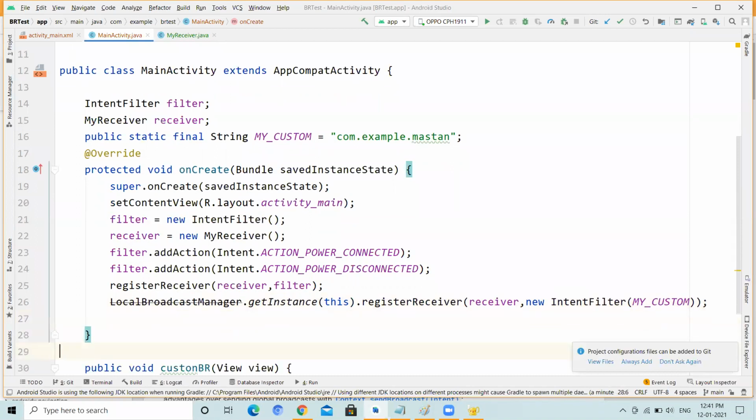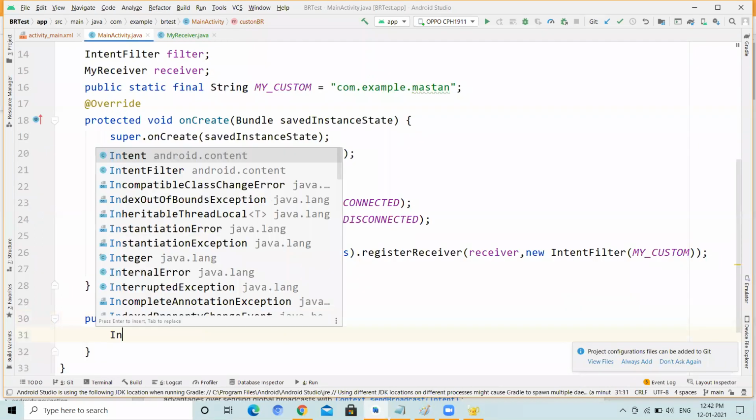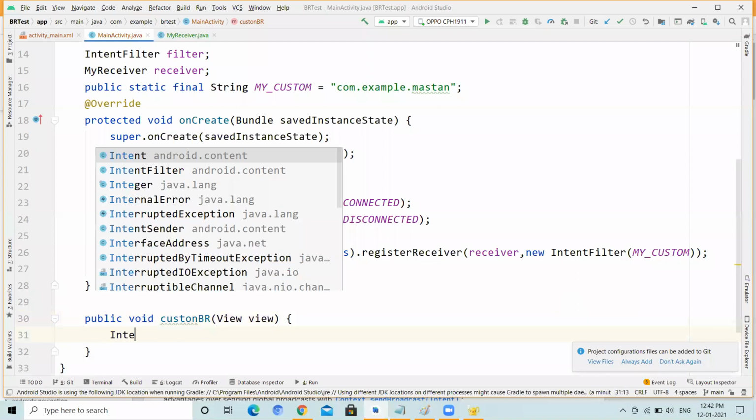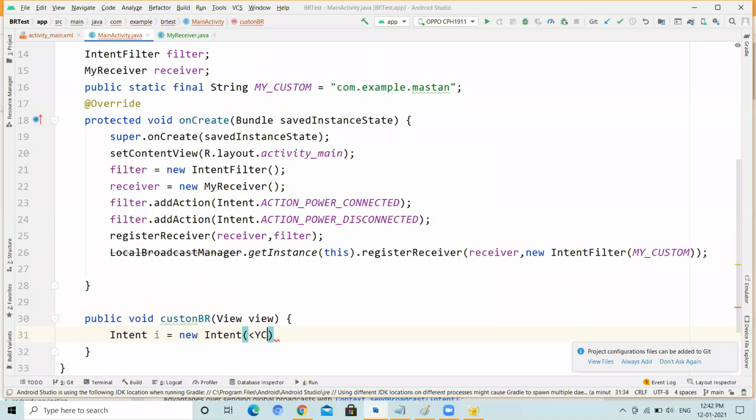So here, let's create an intent class object, intent equal to new intent. So within that, my custom. Okay, so next, send broadcast of I. Okay, so after that,